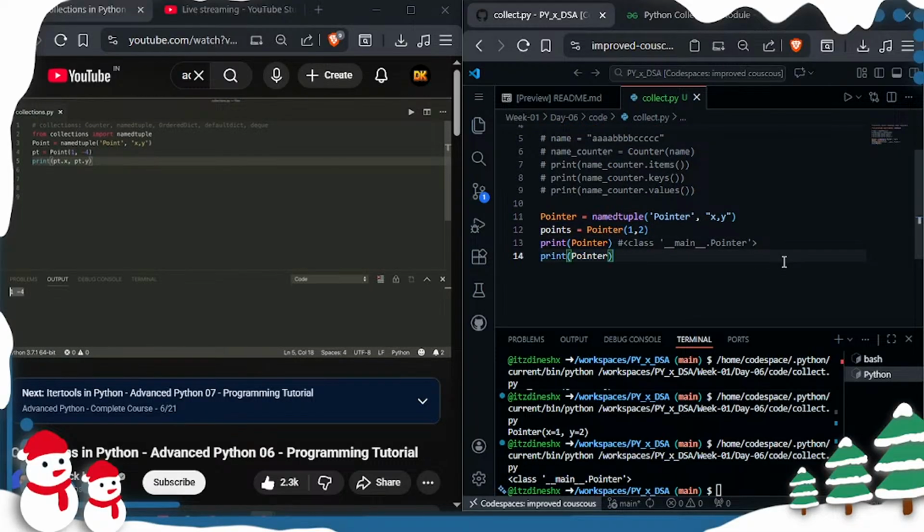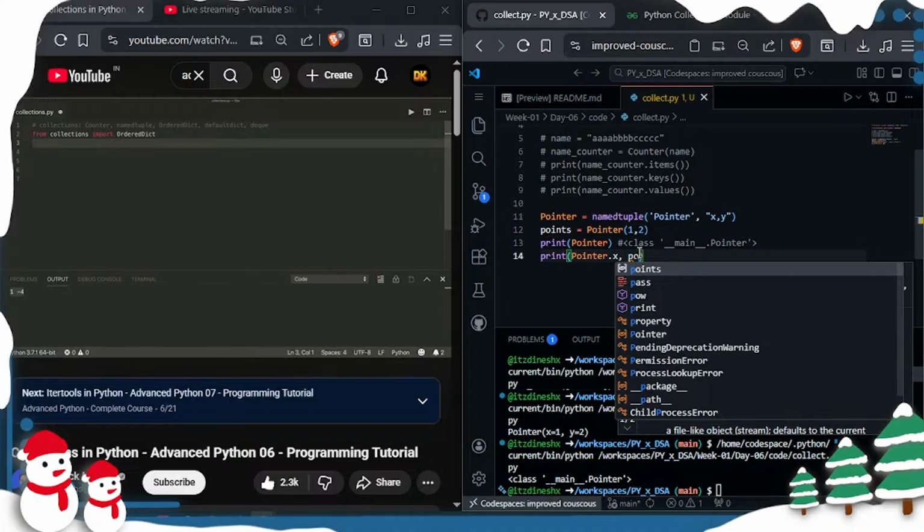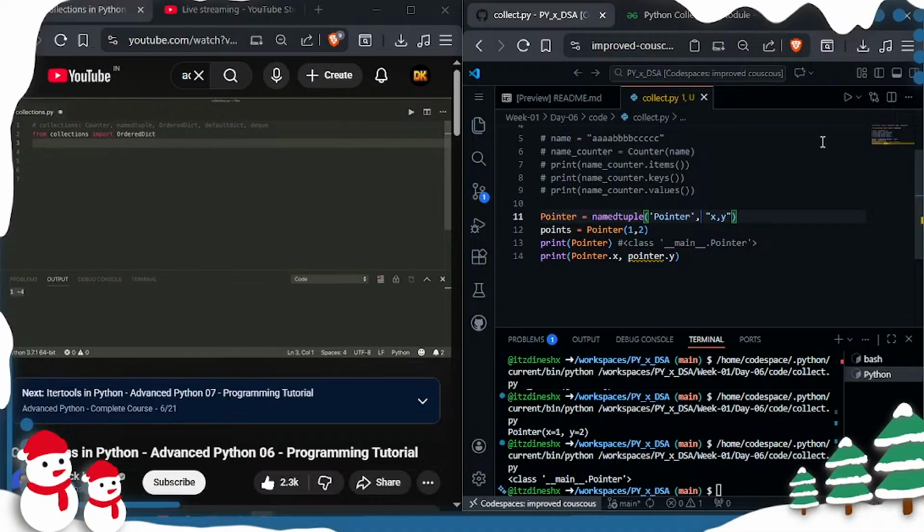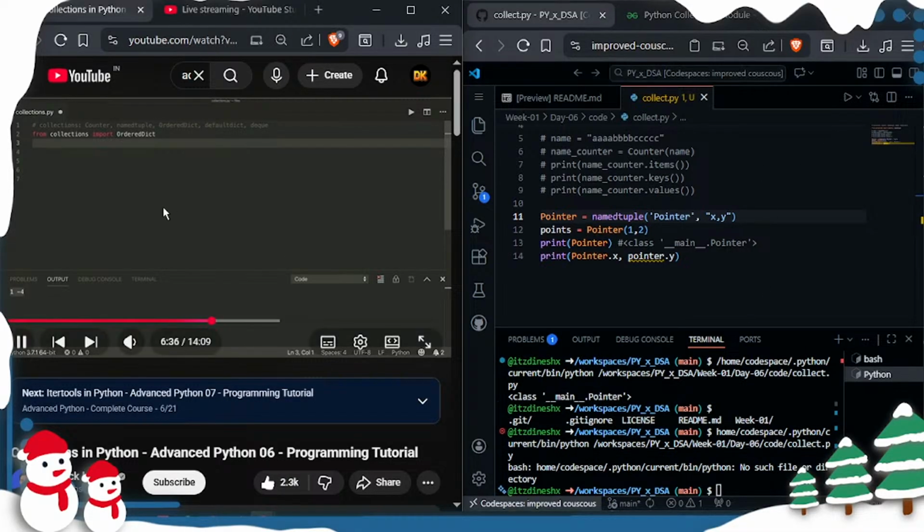Next is the ordered dictionary. So from collections import OrderedDict. And the OrderedDict is just like a regular dictionary, but they remember the order that the items were inserted. So they have become less important now since the built-in